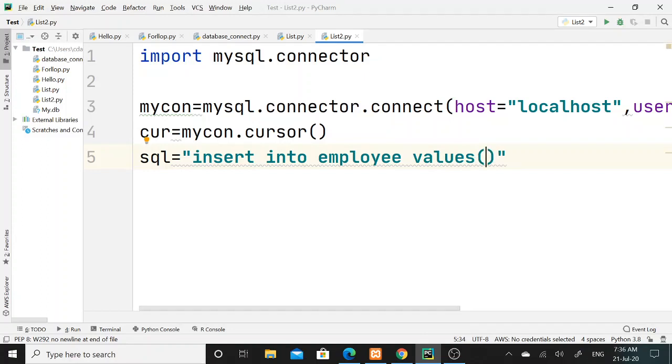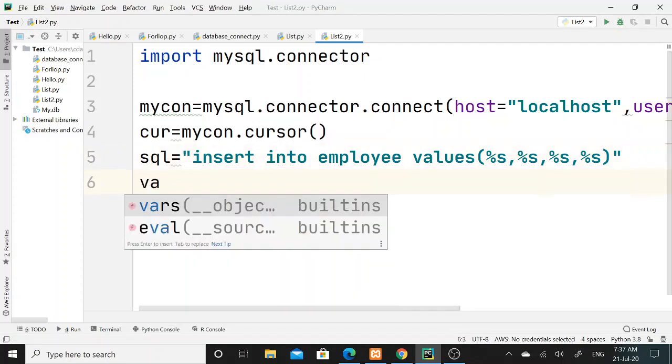I am supposed to insert 4 records into the employee table, so for that purpose I will write the %s format specifier 4 times. So this is my SQL query.